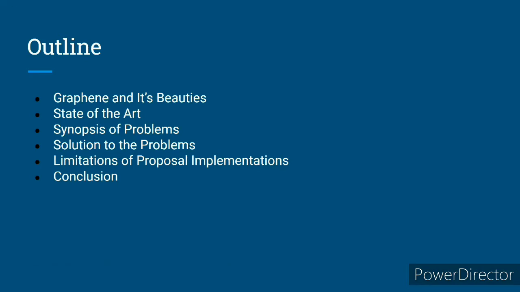Therefore, that's why we're trying to come up with something to address that issue. So, solutions to the problem. Again, we're going to be giving our solution, our perspective on how we can use graphene as a solution to those problems. Limitations of proposed implementation. The limitations, again, it's going to be talking about graphene. Not only is it great to use, but just like everything else, it does have its limitations, and we'll go over that in that slide. And then, of course, our conclusion, summing up everything that we went through so everyone can be up to speed.